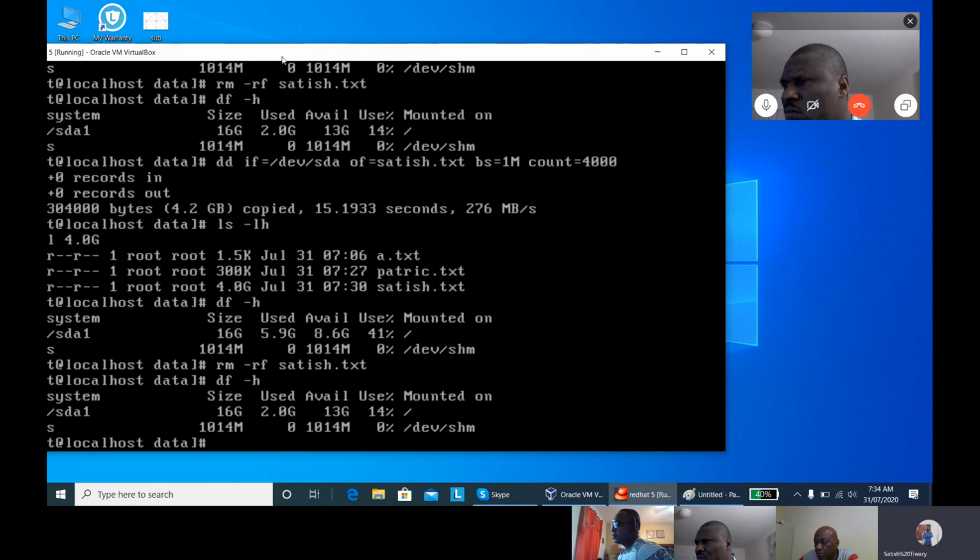At the same time, /dev/null is also used. Suppose there is a virus in your system and you are not able to delete that file. Every time you try to delete that file, your system says no, you can't delete that file, it is protected or whatever. Even if you are not able to delete that file, you can delete the content of that file using /dev/null.